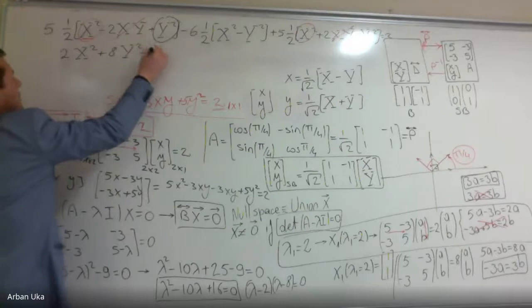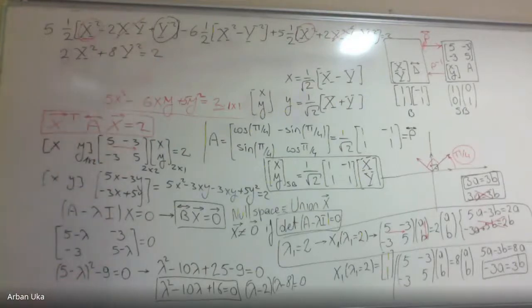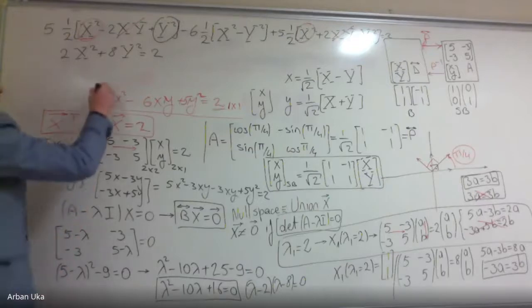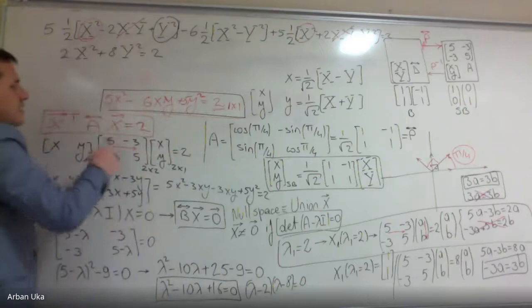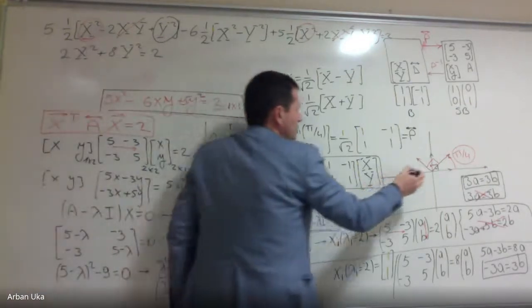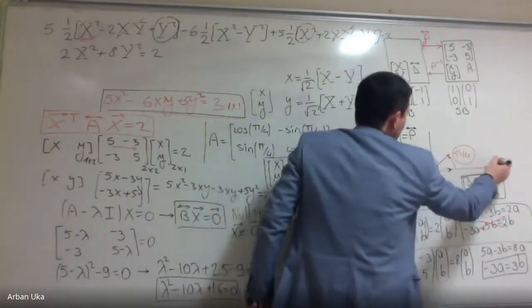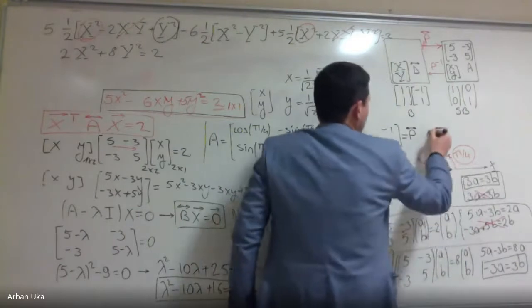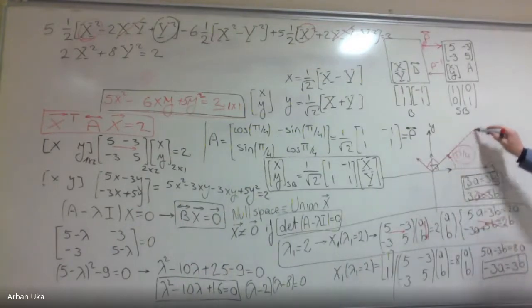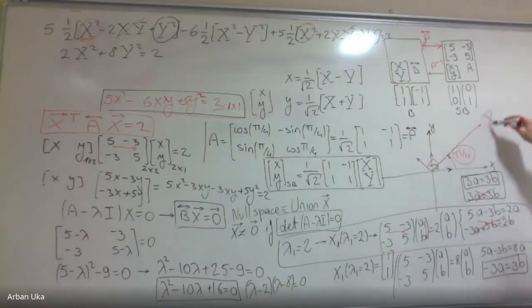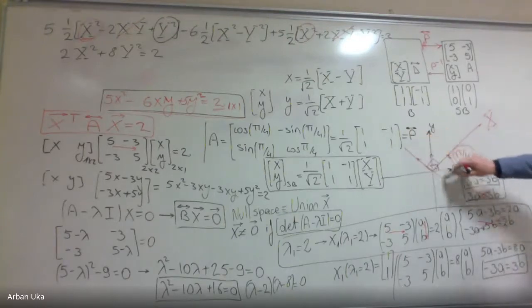Epsilon control, this is all equal to 2. Okay? So this is this polynomial which is using the standard basis. And the standard basis, we consider the basis which is the Cartesian coordinate system, which has here x and y. Now, when we move to a new basis, which is here the capital X and the capital Y,